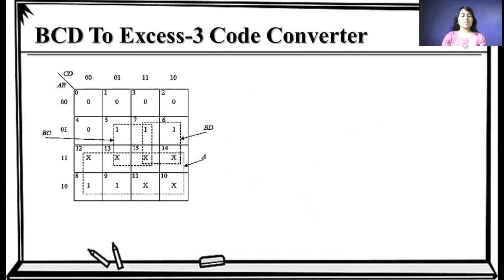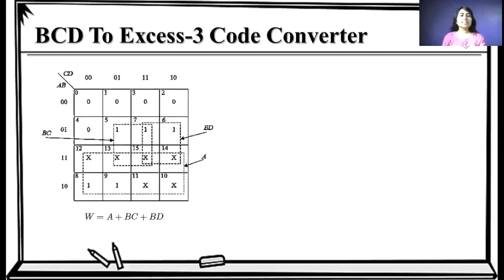Here we have a K-map for W in terms of A, B, C, D as 4 variables. So we have a 16-square K-map, and we make groups, and according to these groups we get the equation of W as A plus BC plus BD. Here the value of W is represented according to the A, B, C, D combination. For example, A, B, C, D equal to 0, 0, 0, 0, so W is equal to 0. Then for 0, 0, 0, 1, again W is equal to 0.